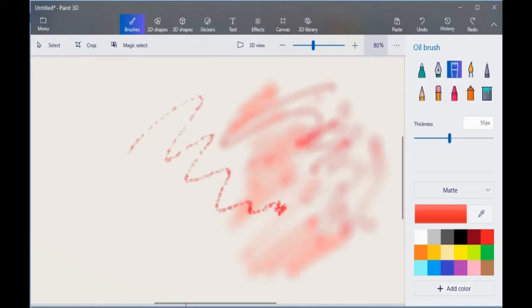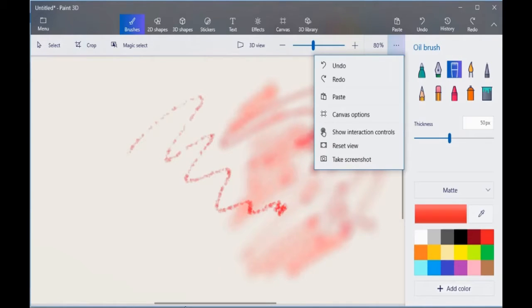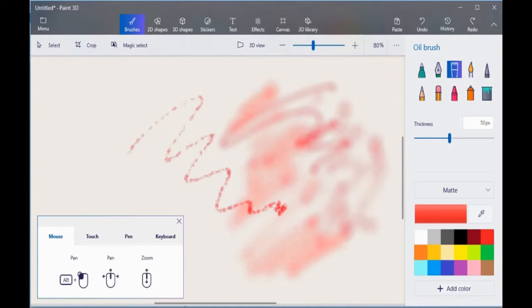But in addition, one thing that's very nice in Paint 3D that I wish other programs had is I can click on this little ellipsis here, and it says View More Options, and you see this Show Interaction Controls. Now we start to see some things that are a little bit different in more of the advanced programs,